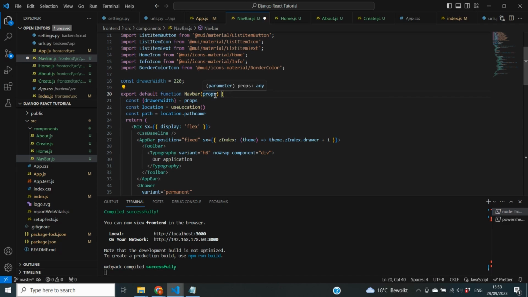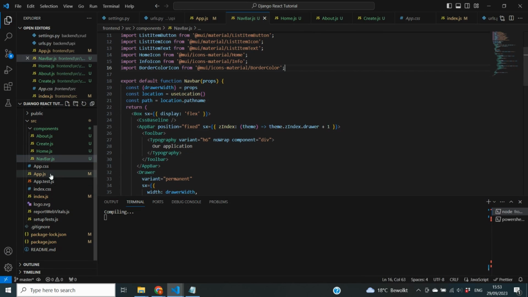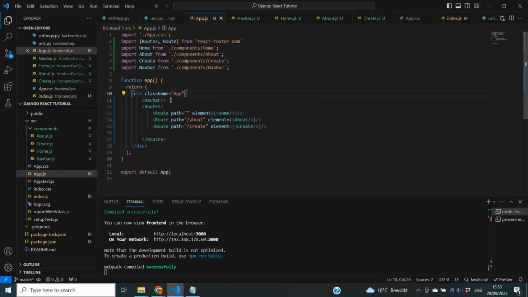And this means that I can go to another page and there define the drawer width instead of right here. So that means that I can now take my constant drawer width and delete that, and I can go to my app.js file, and in here I can define that drawer width is equal to